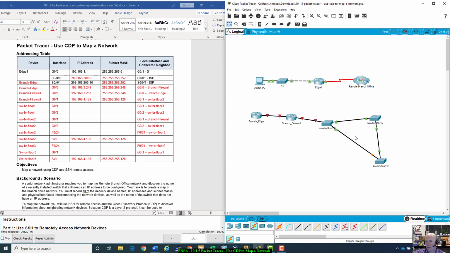Now we fast forward it. Obviously, you don't have a broadcast loop, so it's doing spanning tree protocol blocking this interface. But that's pretty much what you got. We knew everything about this except for the connection from here to here. It's hard to assume that if you don't know what it looks like. But if I could log in through SSH into switch BR floor 3, I could do CDP and be able to figure out that, okay, I have a connection between here and floor 1